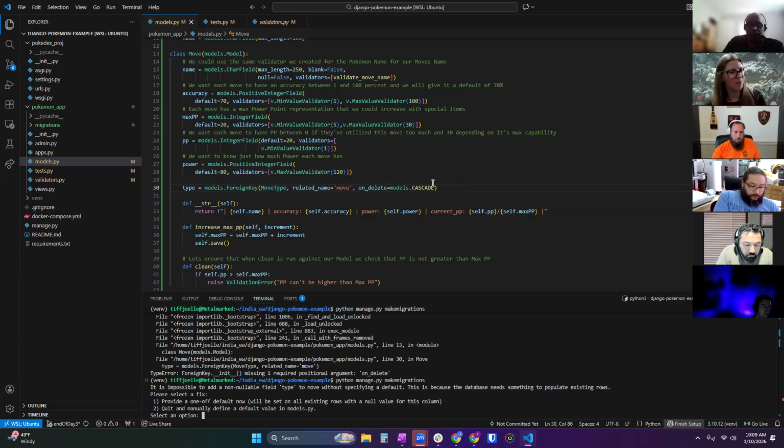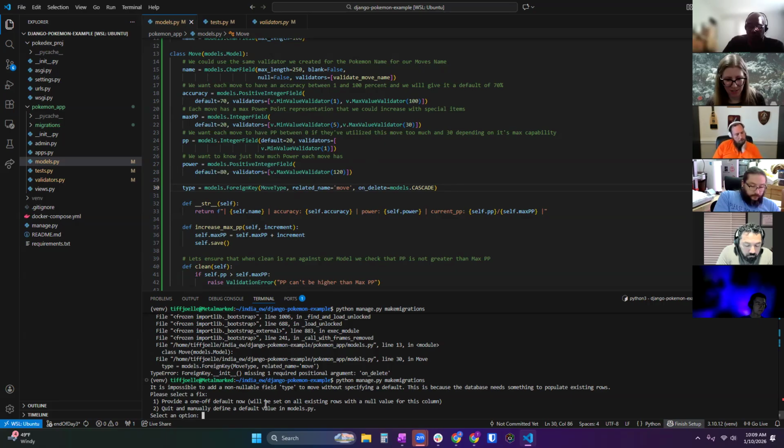We already have moves in the database. We have two moves actually, Ember and Flamethrower. So when I'm adding this field into the database, those two must have a type defined because I don't allow that field to be empty.